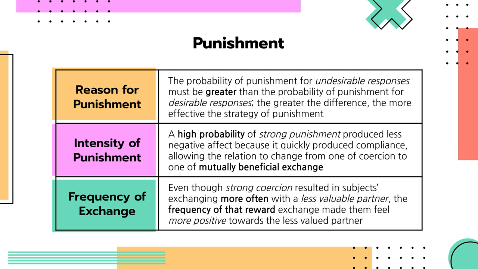Like, this is absolutely not acceptable, and that has to be clear and immediate, without any hesitation. It has to be something that is immediately addressed. And when it says intensity of punishment, like a strong punishment, that doesn't necessarily mean really bad, it could just be a strong reprimand. This is absolutely not acceptable. Like you have to stop, and that depends on context and situations in terms of what's appropriate and what's considered